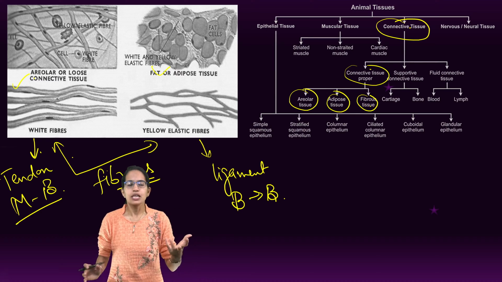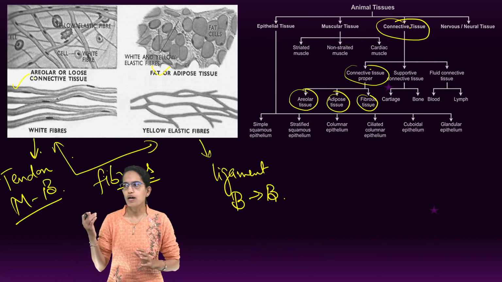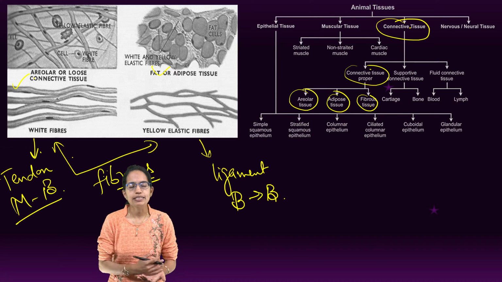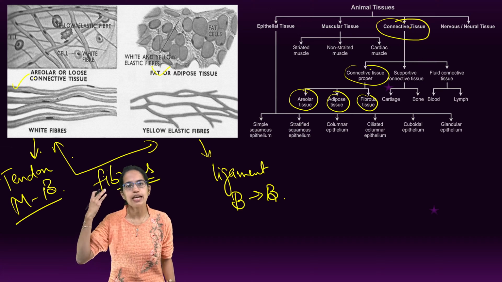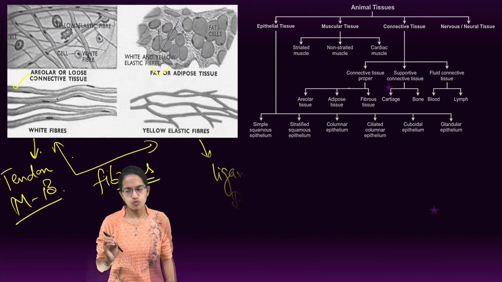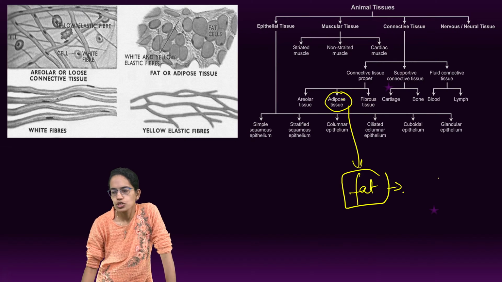Where is tendon? Tendon is the point where bone would be attaching to a muscle. So that is one place where you find tendon. Besides that, the dura mater in the brain as well as the spinal cord. That's where tendon is found. Coming on next is adipose tissue. Now adipose, as the name suggests, the function is fat. Okay, so it stores fat.